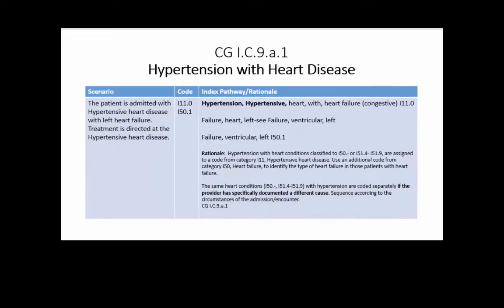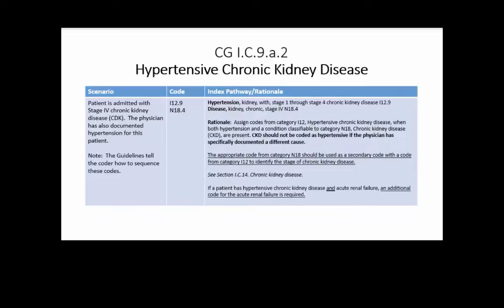The first coding guideline we're going to look at is hypertension with heart disease. This is very common to find in the hospital, someone who has both hypertension and heart disease, and sometimes associated heart failure. And the codes that you choose are based upon how the treatment is directed. In this particular example, the treatment is directed at the hypertensive heart disease and not at the heart failure. So the hypertensive heart disease would be your principal diagnosis. And I have there the index pathway, how we found it, and note that we are coding the heart failure